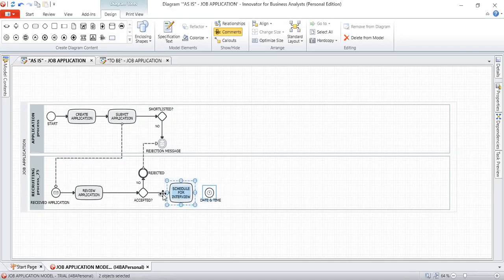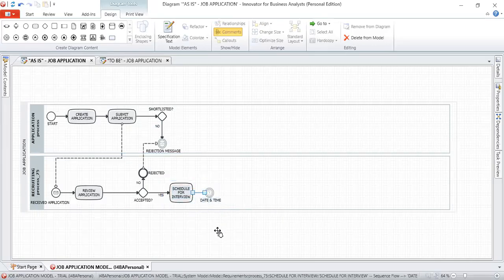So, like I said, I came to click here, but the flows are not showing simply because I've still selected this. So I have to deselect everything. And now click on this. Not a message flow, but a sequence flow because we are working within the same lane. Then you have it. Now, once you have a date, you can even bring the date here and then connect directly to this. But once we have this, then